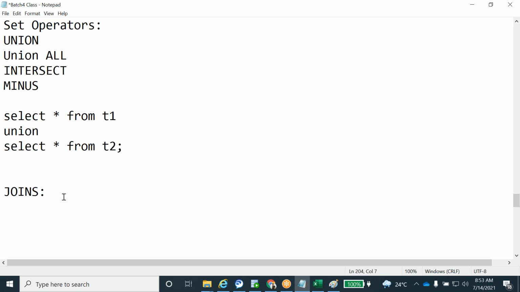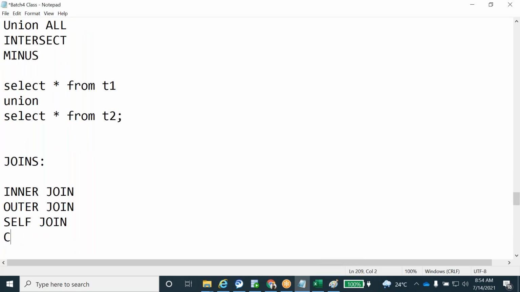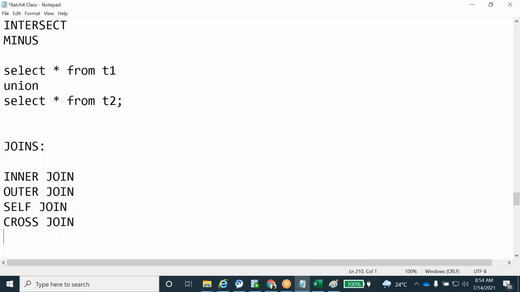So what join types are there here? Inner join, outer join, self join, cross join. Of these, in real time we use these three joins.